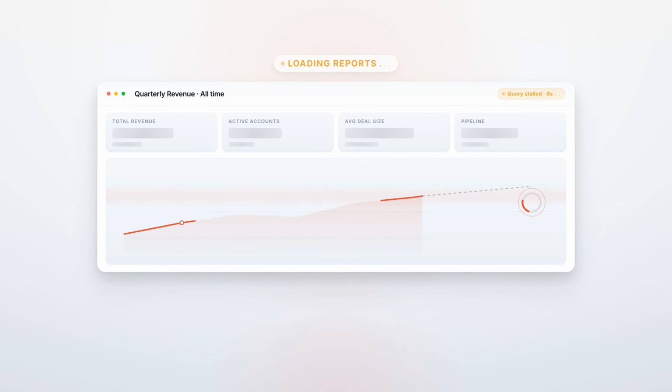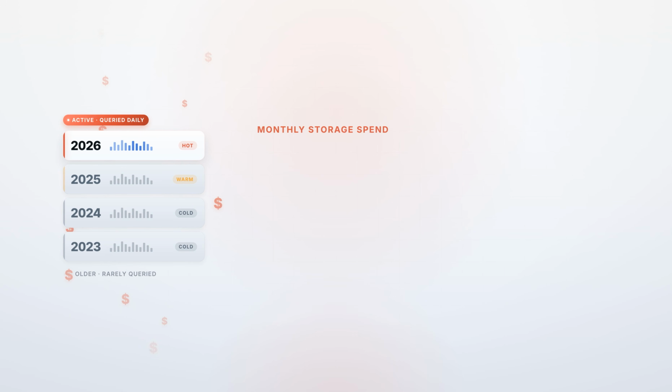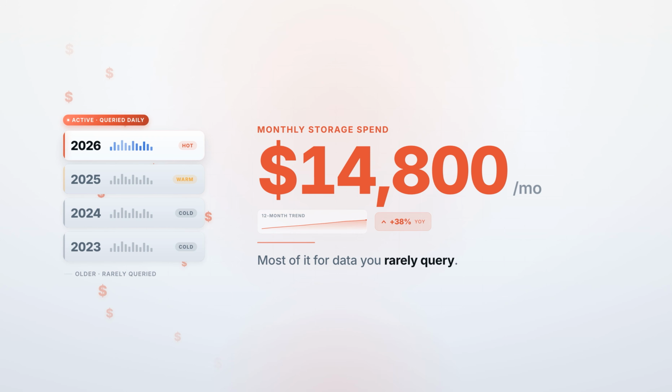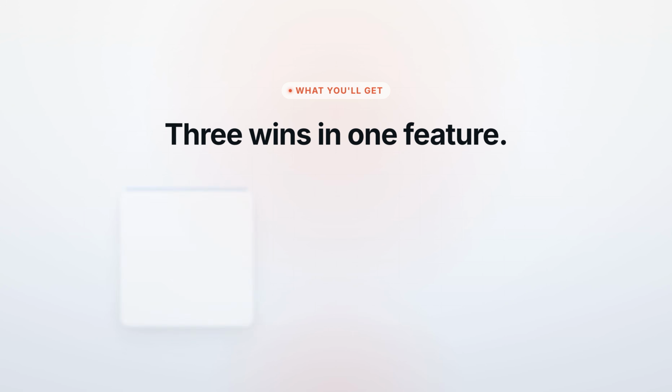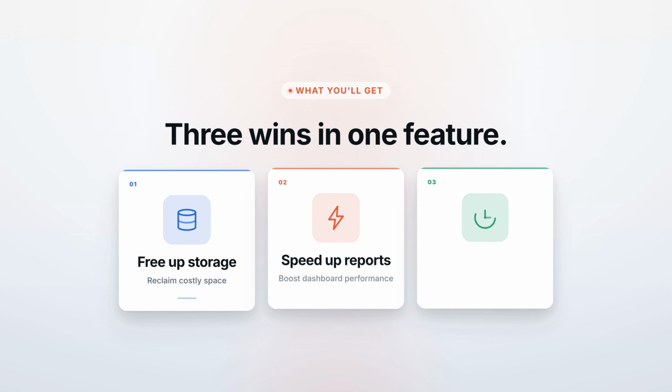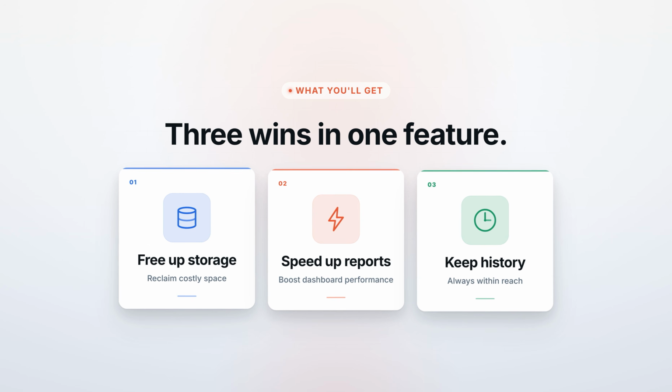Are slow-loading reports and dashboards affecting your analysis? Concerned about rising storage costs from historical data you rarely access but still need to retain? In this video, you'll learn how to archive data and free up storage, improve report performance, and keep historical records